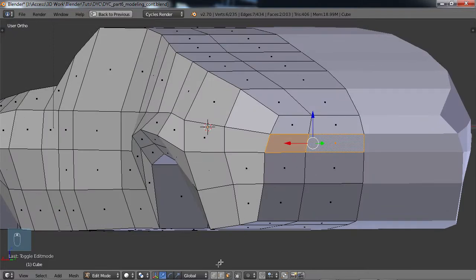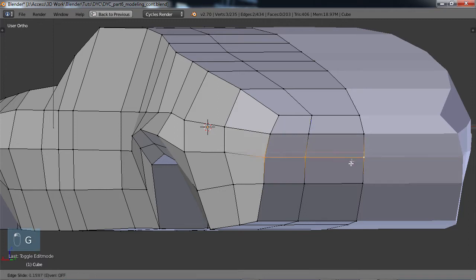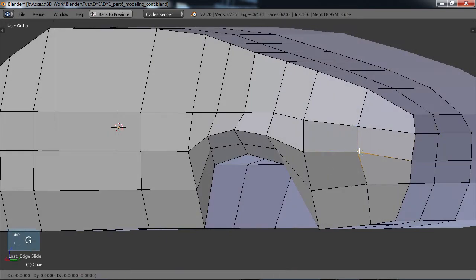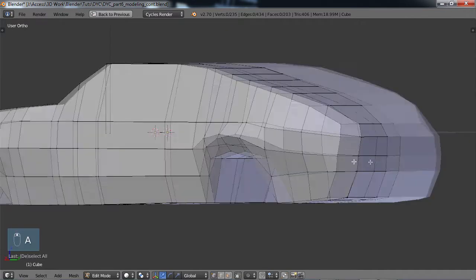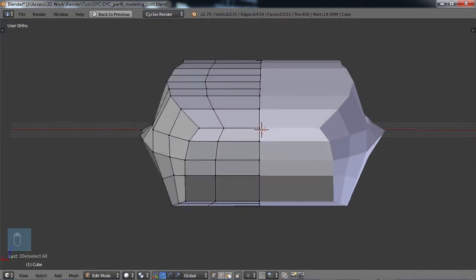So I'm going to choose vertex select and choose these edges, GG, and just move those down a little bit. And since I did this, choose this, GG, and just move that down along that path a little bit, so it gets a little bit more relaxed. Okay, and face select this area here,